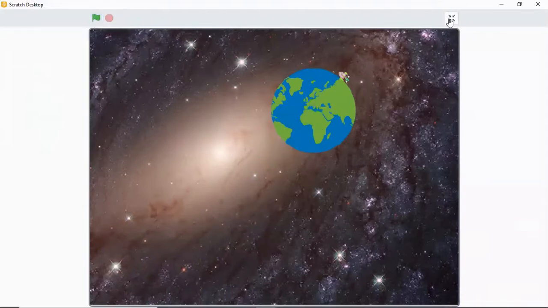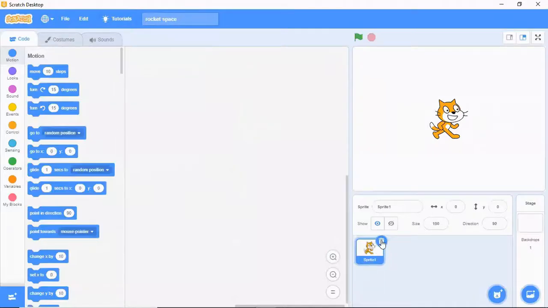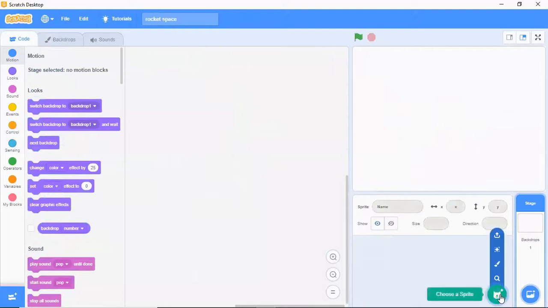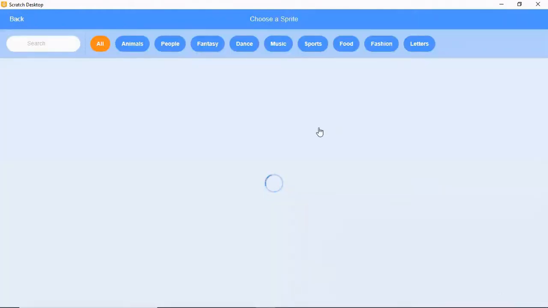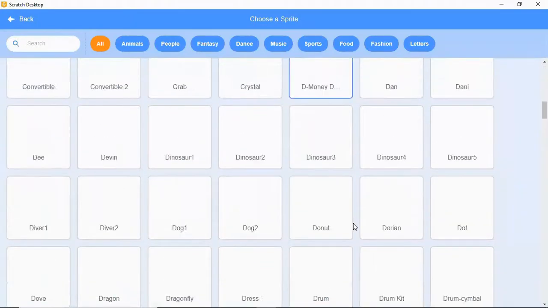Now let us recreate this project. File, new. Now for this, I will need two sprites. So choose sprite. I'll just scroll down.